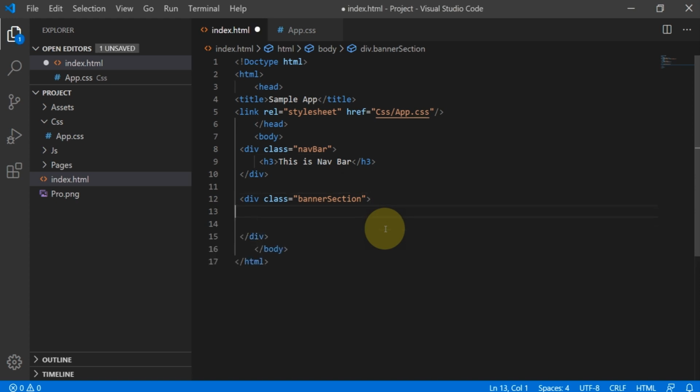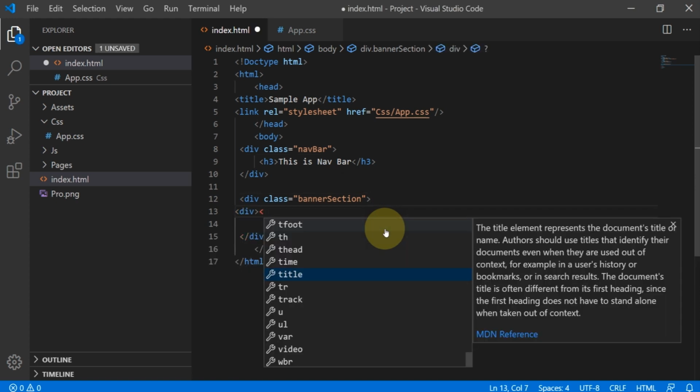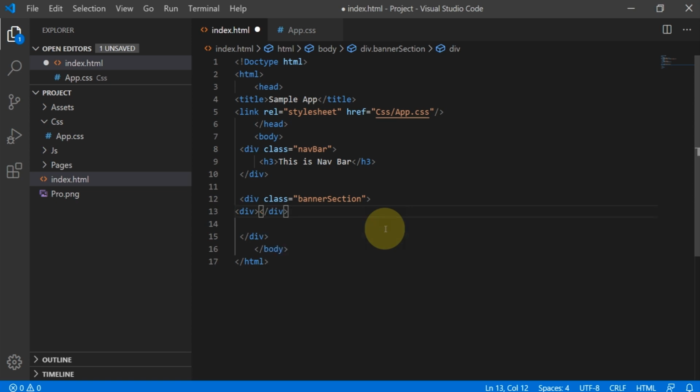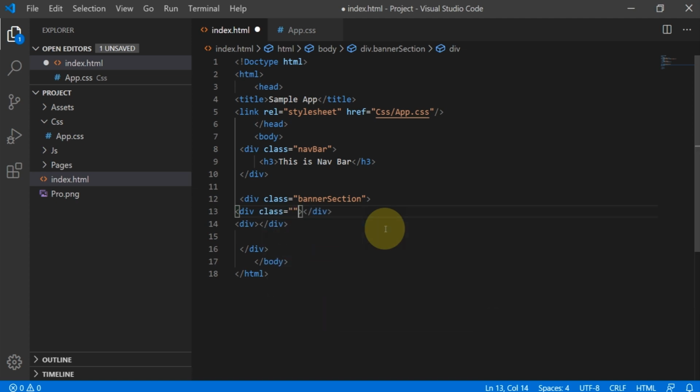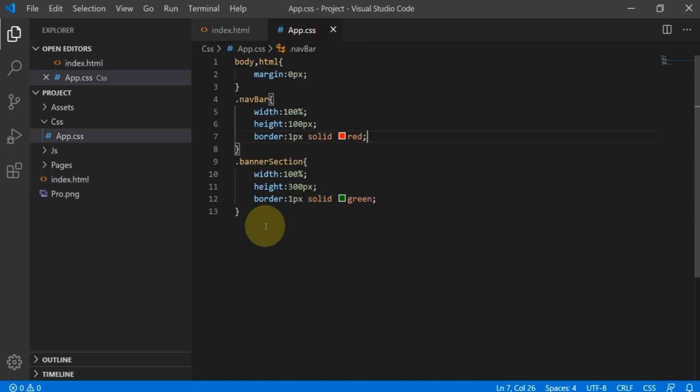One div for the left image, another div for the right image. Now I'm going to define these classes in my CSS.